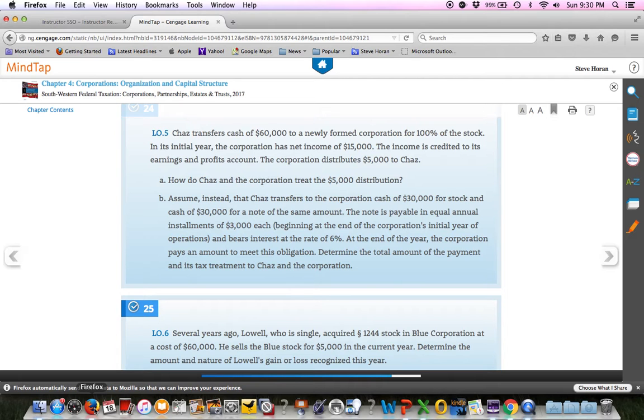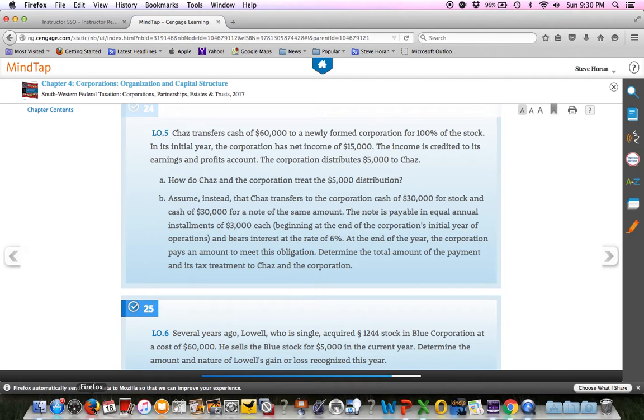Because it's taxable to him, the $1,800, of course the corporation can deduct that as interest expense. But the repayment of the $3,000 would not be deductible. So hopefully just recognize that as a borrowing, right? Just a bank